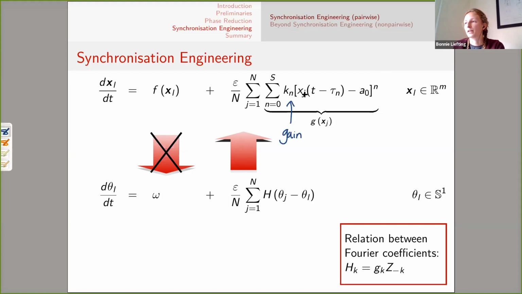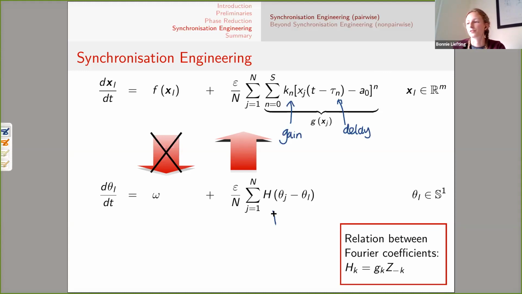And so we're taking information from some other oscillator at a delay. And then this is just the first Fourier coefficient, just for easy notation, I guess. And then we are doing this to the first power and the second and the third, and then depending on